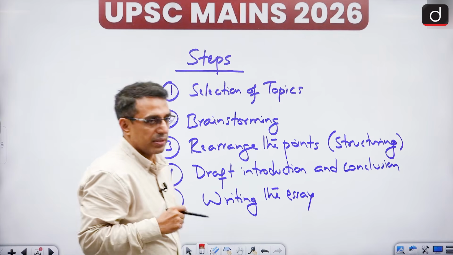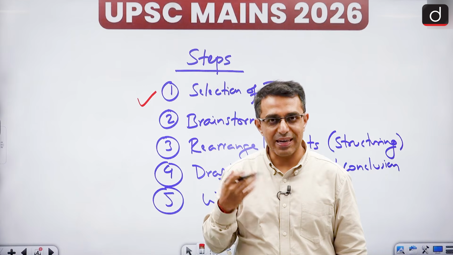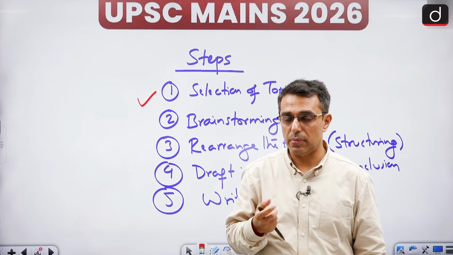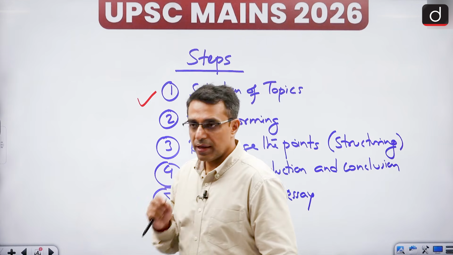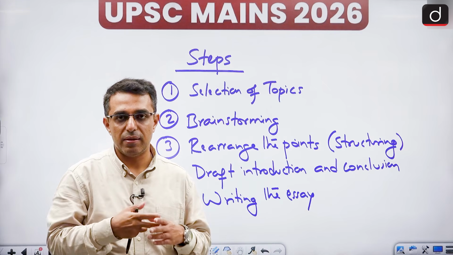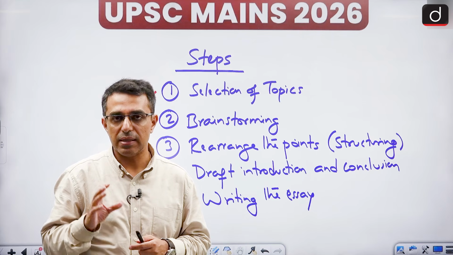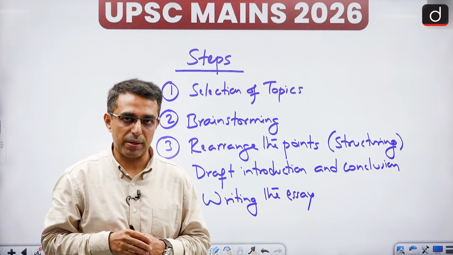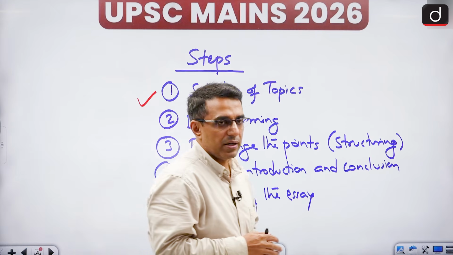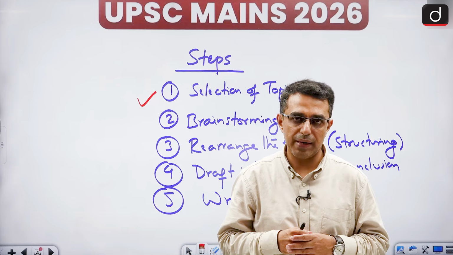After that comes the next part, which is brainstorming on that topic. So we'll select 2 essays and then we have to brainstorm. Brainstorming is again very important because this will give us the points on which we will expand our essay. So brainstorming basically means thinking randomly about a topic. So we have to let our mind think freely and jot down whatever points come to our mind.